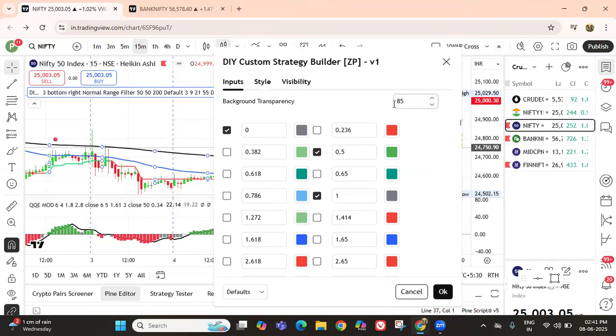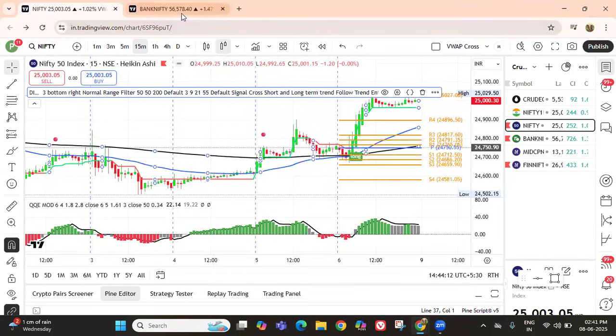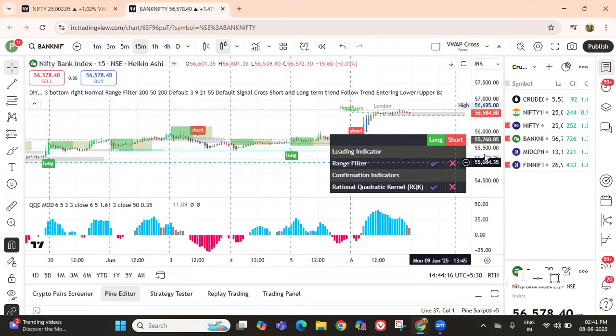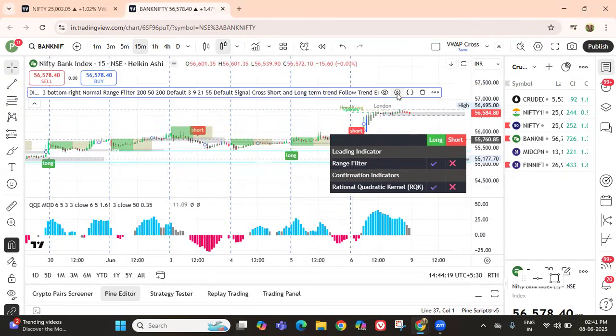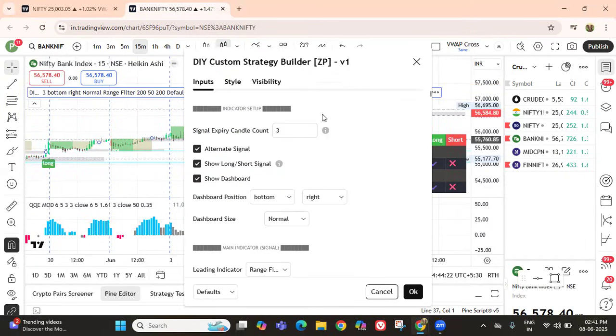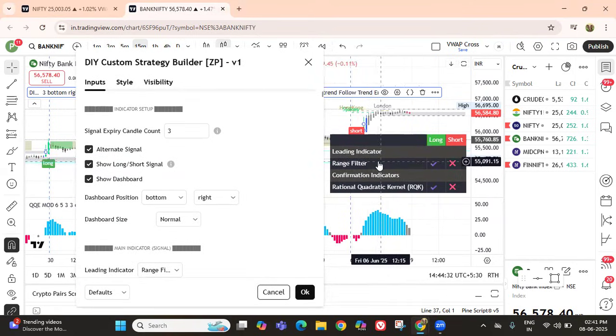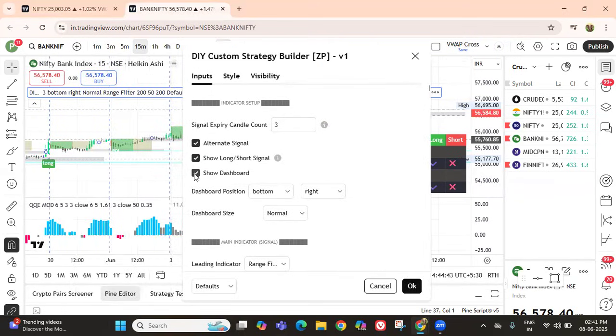Once you click the indicator, that is the QQE indicator, it will give a display like this setup. So we have to click the indicator settings, and first uncheck the show dashboard. The dashboard displayed here will show what indicators we have selected, range filter, confirmation indicator, and all that information by default. But we have to uncheck it because there is no need, as we are going to set it inside